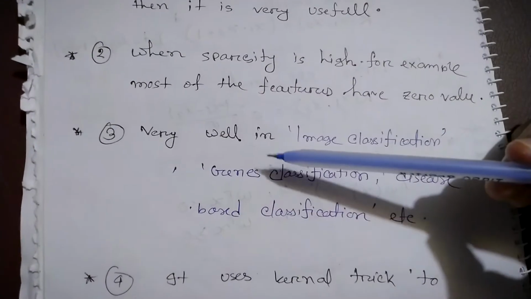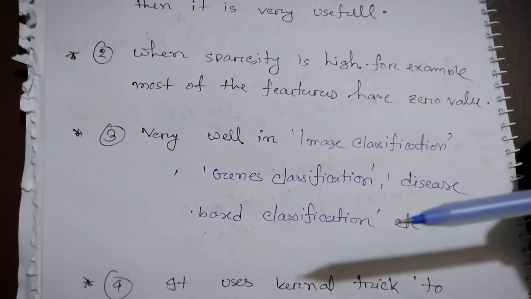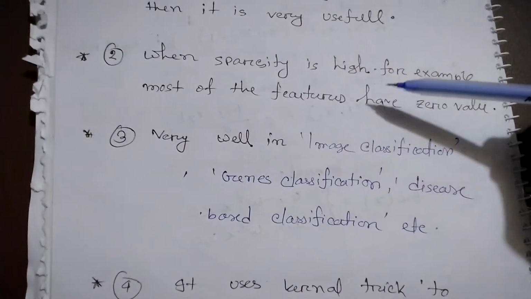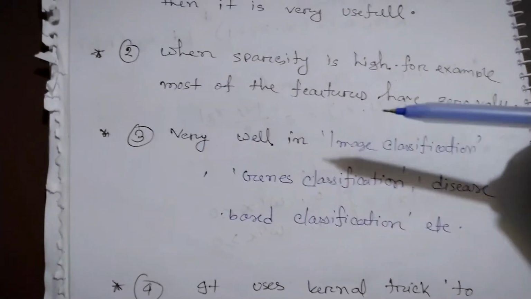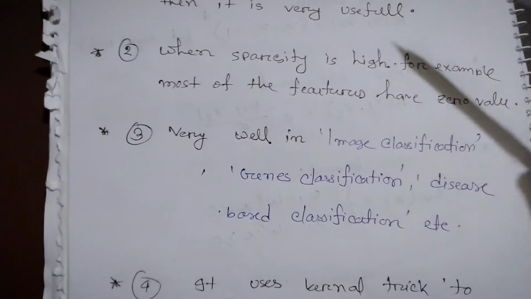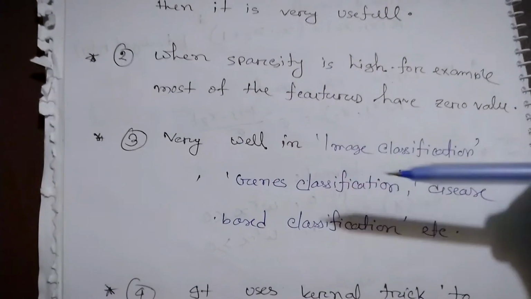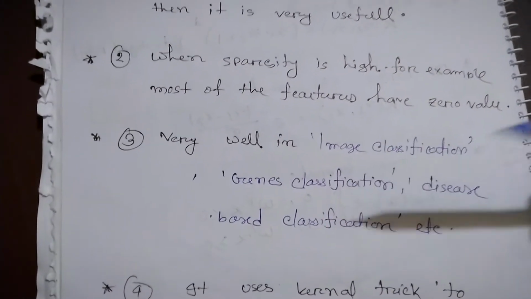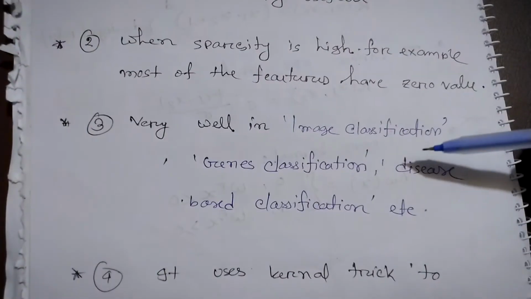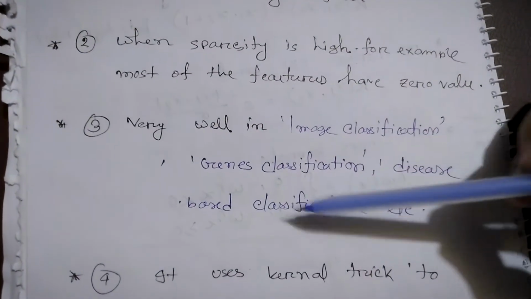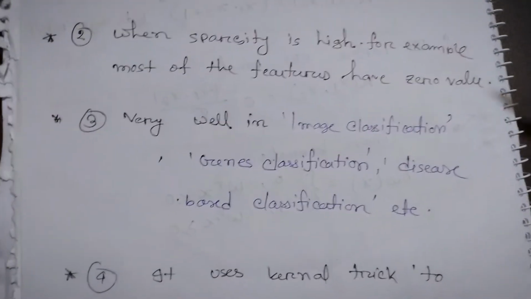And also when there are a lot of features, like gene classification, when you want to classify different kinds of genes based on your given training dataset, and you want to get the proper gene for any species. In this kind of gene classification, there are different feature columns that you need to analyze. So when there is a huge number of columns in your dataset, you should use SVM. It is also used for disease-based classification, gene classification, and image classification. Why is it useful?